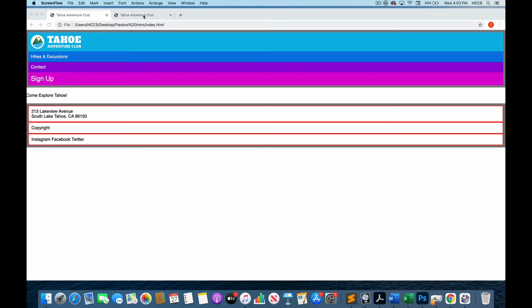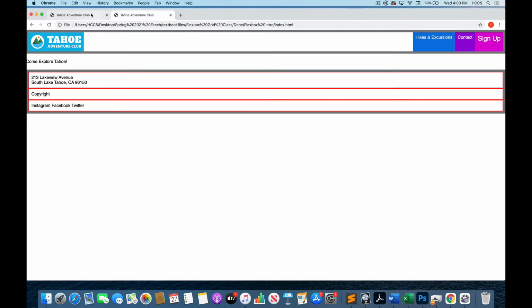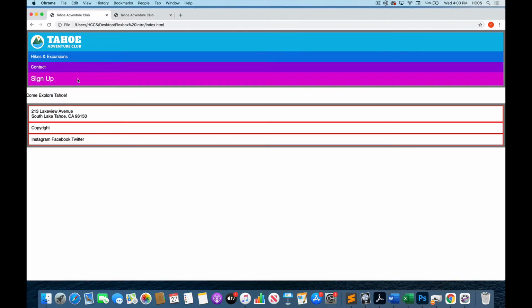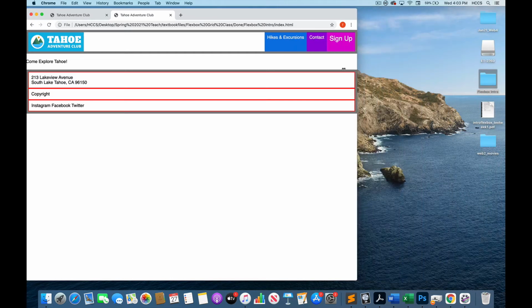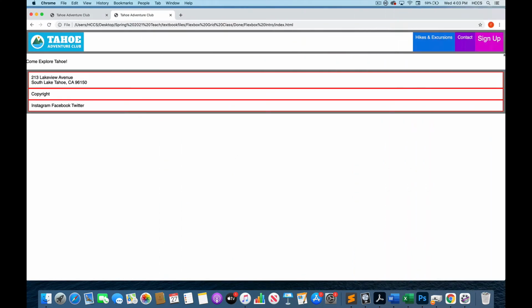This is the finished exercise. Notice these are the same. We have a logo and 3 other elements. We're going to turn those into horizontally aligned elements that can move back and forth using Flexbox to make this